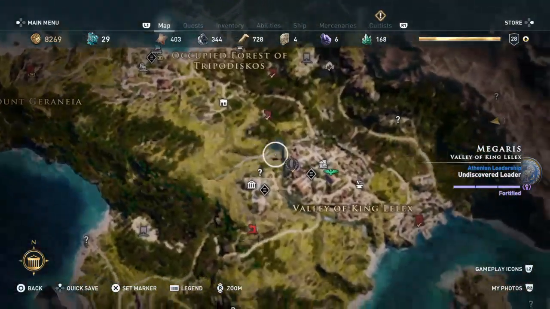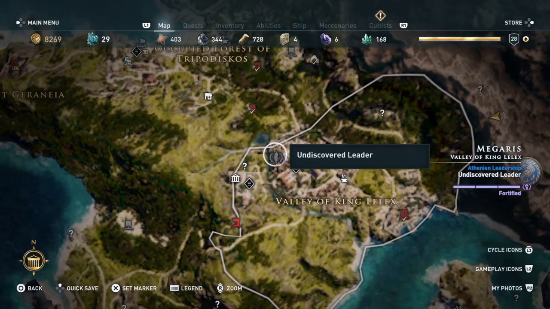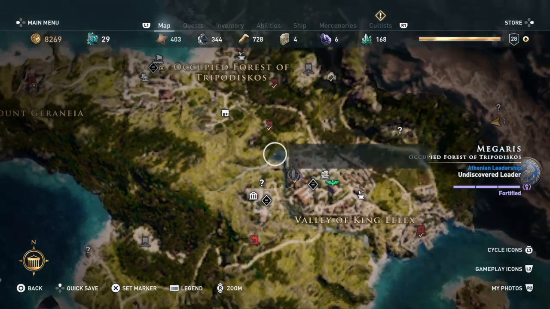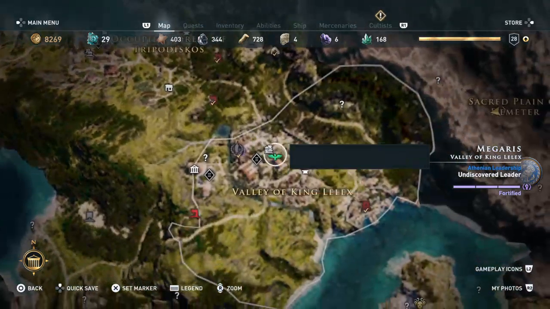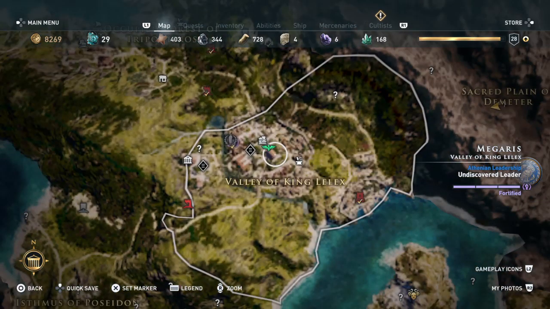In each region there is a leader, and over to the right hand side of the screen in the middle it has the name of the region, which is Megaris, the name of the sub-region within the region, and then what faction, Athens or Sparta, is in control, and then it has how fortified their position is, like how strong their rule of the place is.